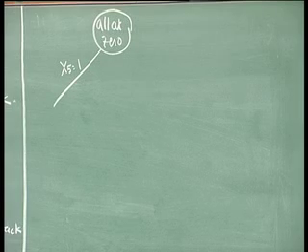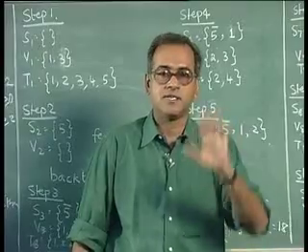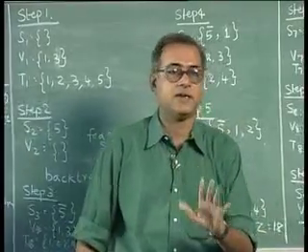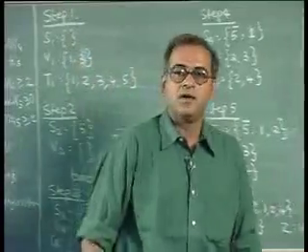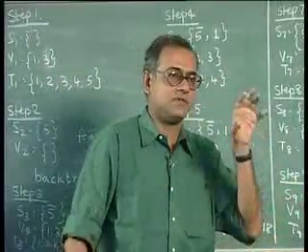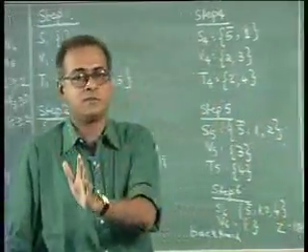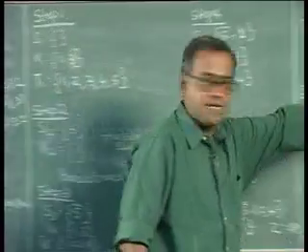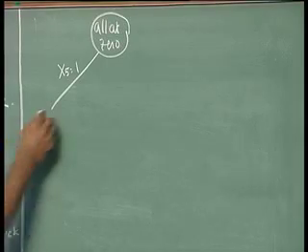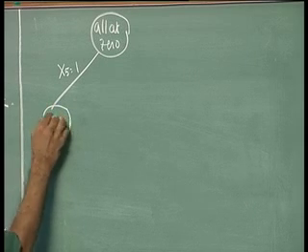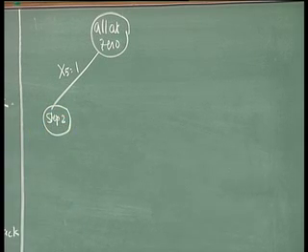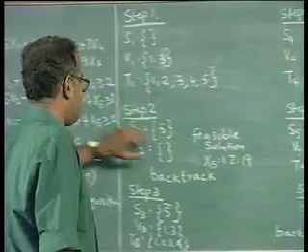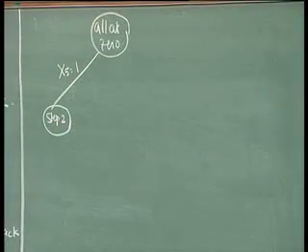The other branch could be x5 equal to 0, which I have not created right now, but I know that such a branch exists because variable x5 can take only 2 values, which is 0 or 1. So, when I branch on x5, I create 2 nodes, one which fixes x5 at 1, the other which fixes x5 at 0, and I have not written the second one. So, this is x5 equal to 1, this is your step 2 solution at the end of step 2. Now, I come to step 2, this is the solution. Now, this is feasible,